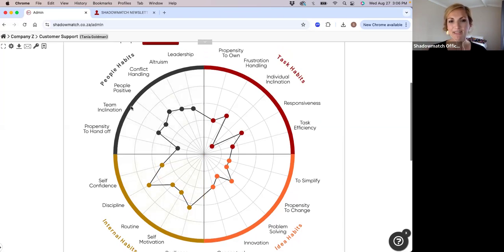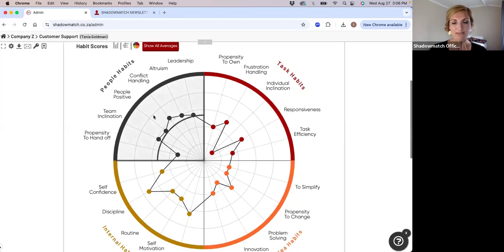Now, what's been added is if I hover over this, you see a line appears on the screen. That would then show me the average for that specific quadrant. So meaning now I am hovering over the people habits. That line shows me all of these data points. And if you hover over them, you'll see the specific score. That then shows me the average for that specific quadrant. And if you click on that quadrant, it shows me the average score. So all of those 1, 2, 3, 4, 5, 6 habits combined,